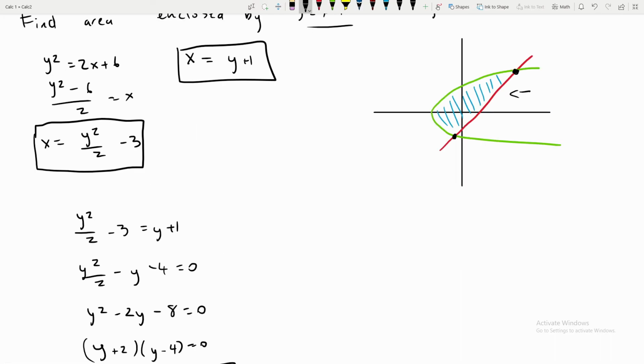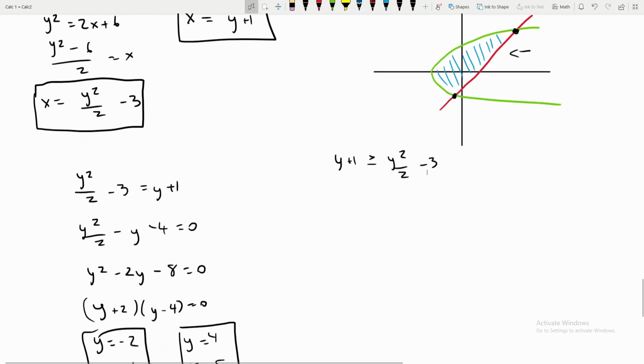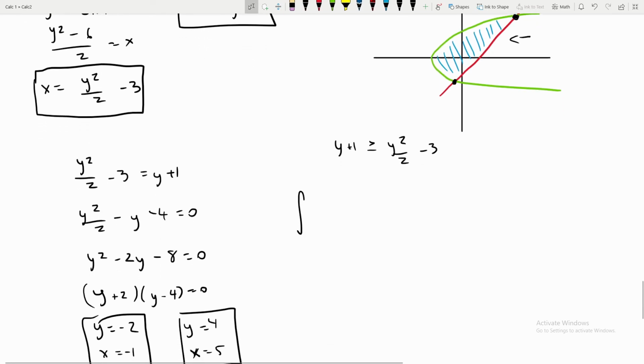As we could see, our line x equals y plus 1 is actually going to be greater than or equal to the y squared over 2 minus 3 curve on this interval between the points of intersection. So now we can go on to start formulating our integral. Essentially, it's going to be the integral from, and now we're going to be using the y coordinates of our endpoints,